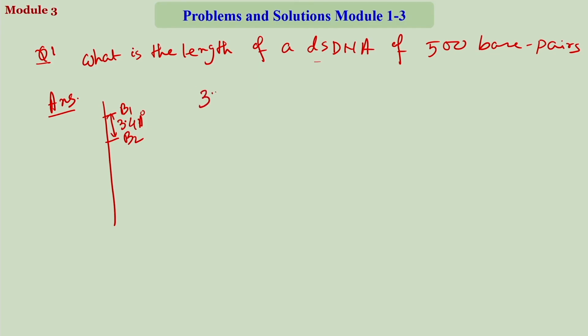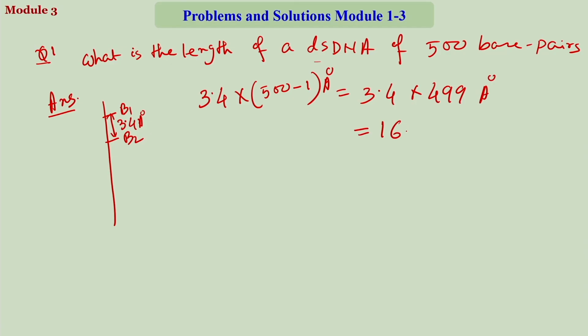Therefore your answer will be 3.4 multiplied by, since you have 500 nucleobases, 500 minus 1 if you want to be really accurate, that many number of distances. So this is 3.4 into 499 angstrom, which comes to 1696.6 angstrom. That will be the length of the DNA,